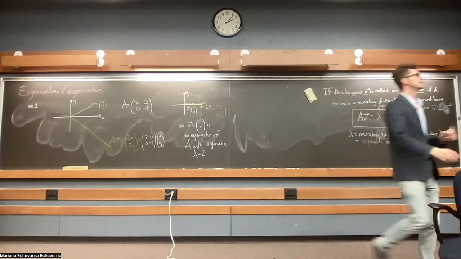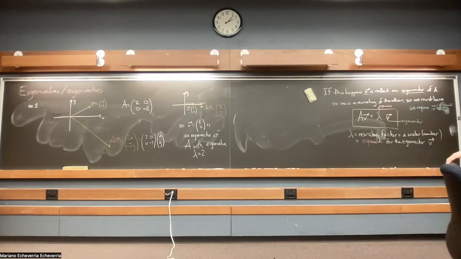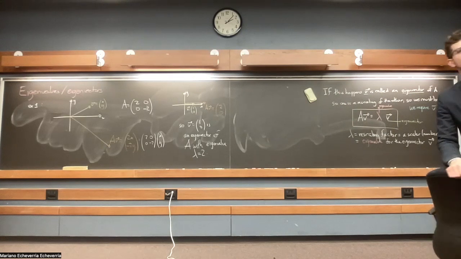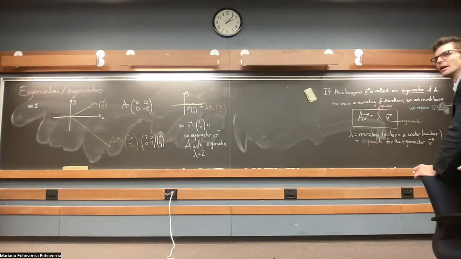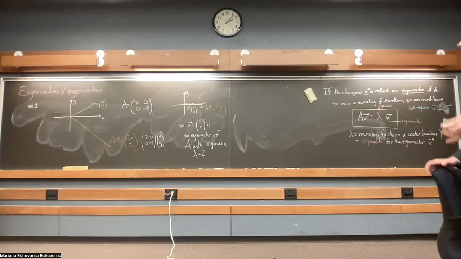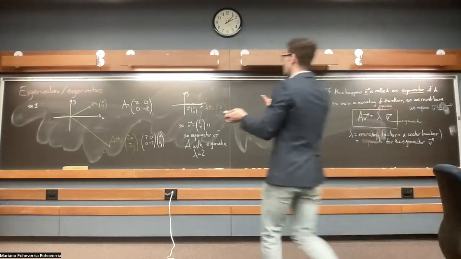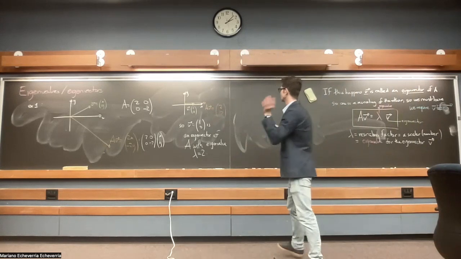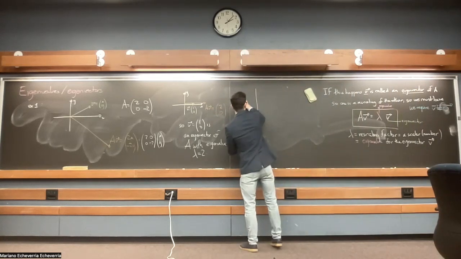No, the question is whether this is the only eigenvector in this example, or are there more? Yeah. Well, there are infinitely many options. In fact, any multiple of this one would work. So just to make it more concrete,